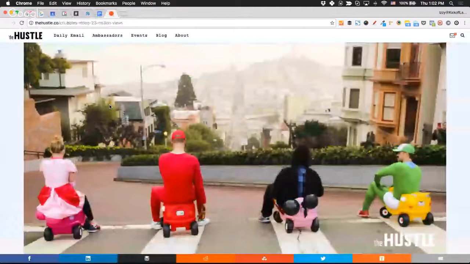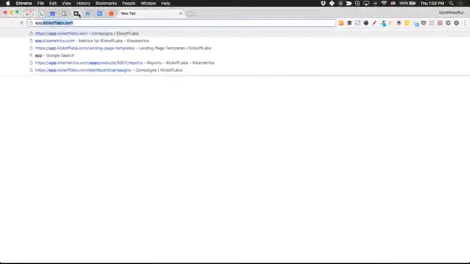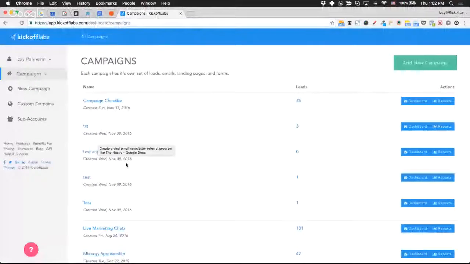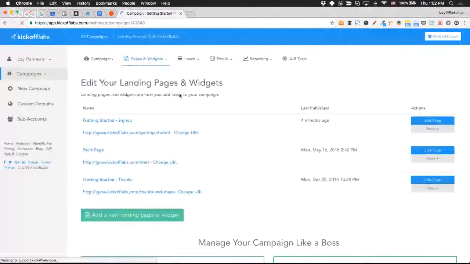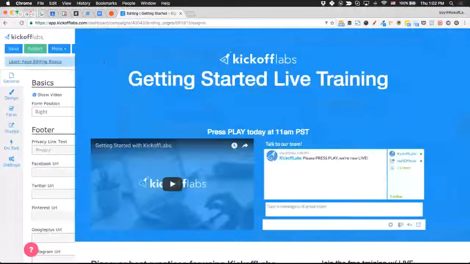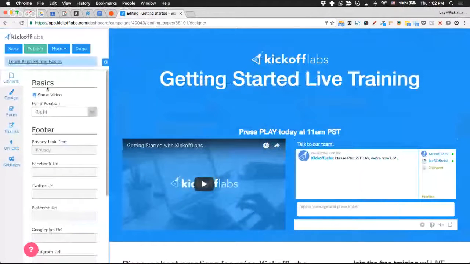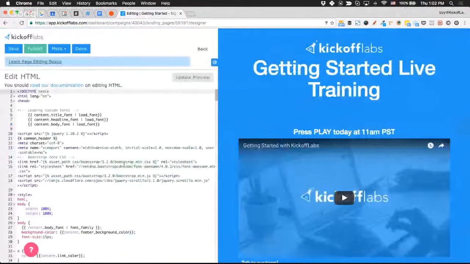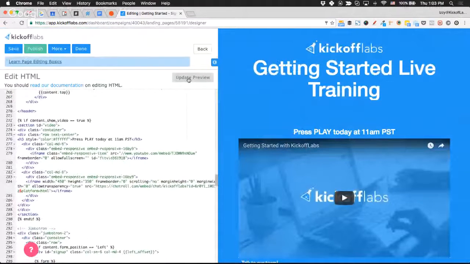Give me one quick sec to set up my pages here. This is some of my other windows that I've got open. Let me make sure everything is set up correctly. This is a little behind the scenes for you, because you actually see what the platform looks like and how we use it, since this is our own KickoffLabs account. There shouldn't be so much spacing up here. I'm looking at the chat itself, so let me fix it really quick. Yeah, it looks fine.